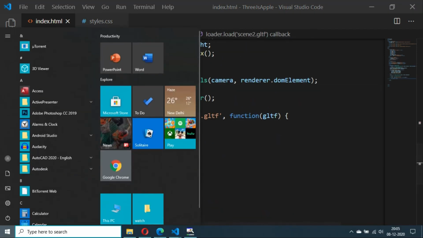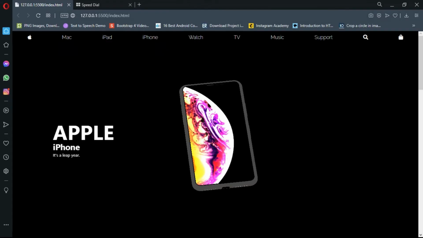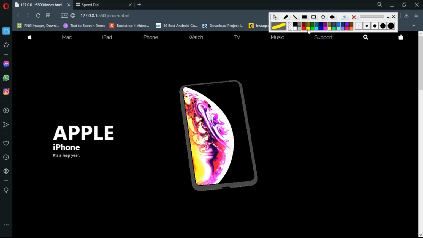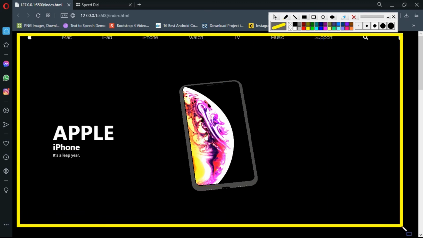Let's go to our Opera browser and I'll try to make you understand these components. This is what we're making right now, this whole thing here.